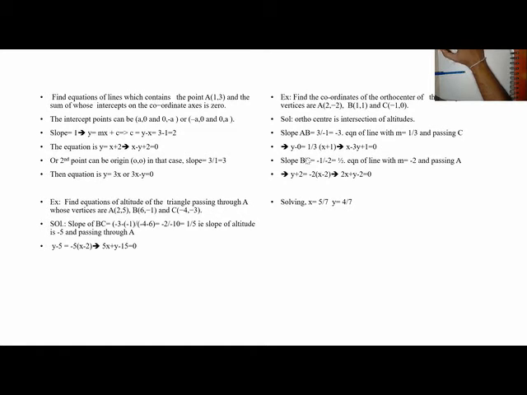Now the second equation. BC slope is what? Minus 1 by minus 2, that is 1 by 2. So what is the slope of the altitude of this? Minus 2. So minus 2 and passing through A. So y plus 2 is equal to minus 2 into (x minus 2). When I solve these two equations, I get the intersection point. This is the orthocenter. Ortho means perpendicular. When we say ortho, what does it mean? It is perpendicular.